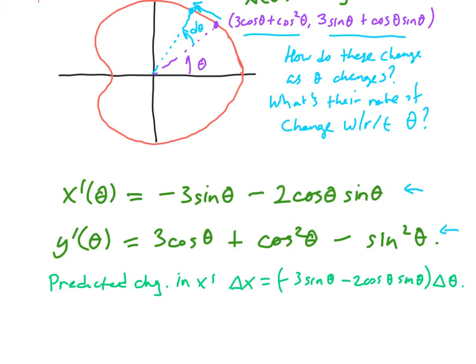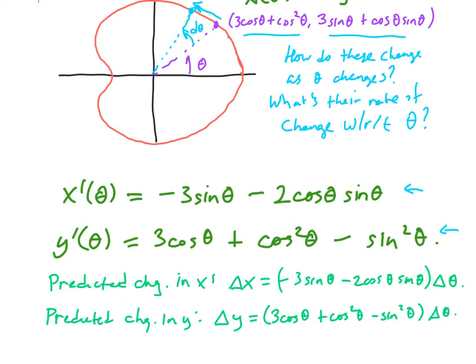That's the linearization formula that you learned in Calc 1. And then the predicted change in y, that's going to be delta y equals 3 cosine theta plus cosine squared theta minus sine squared theta